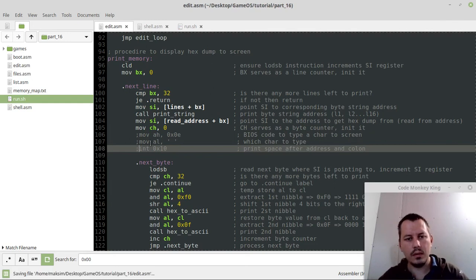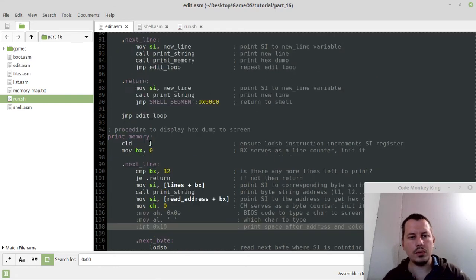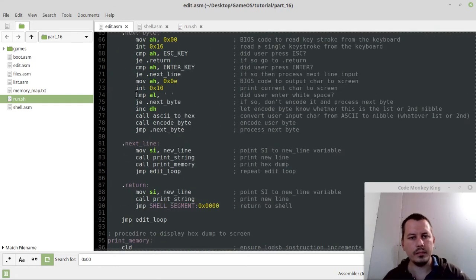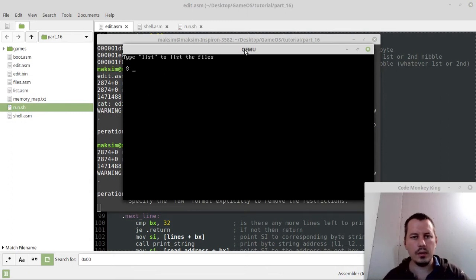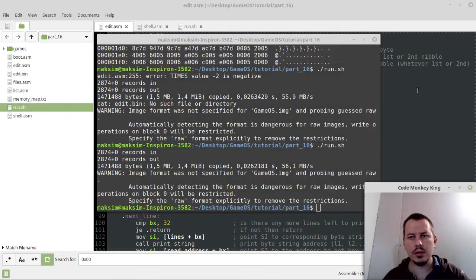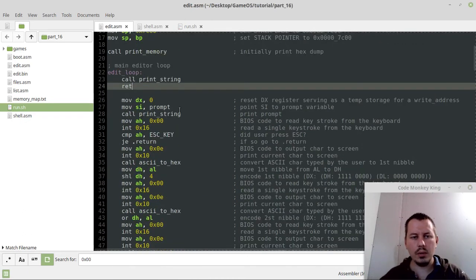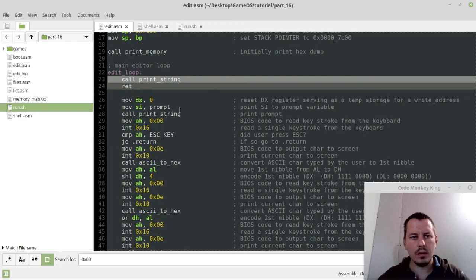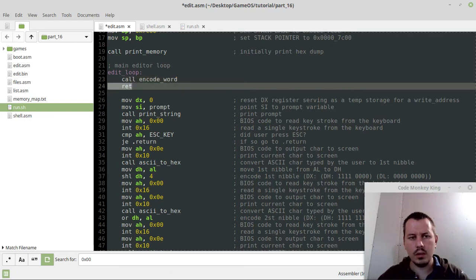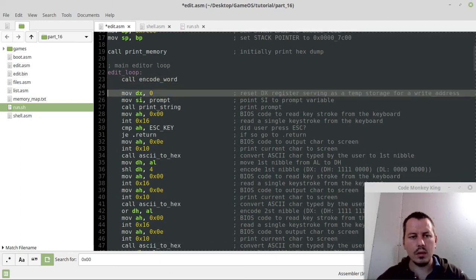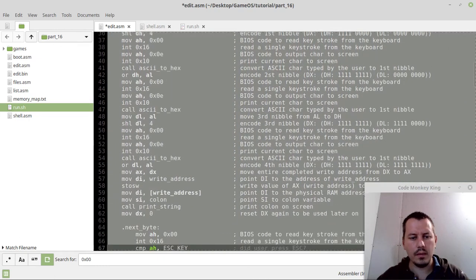Save. And also, yeah, now it should fit. Yeah, it does fit. Okay, it's not working now because, okay, but if I make, so here I want to call, let's say, encode word. Yeah. And now if I take all this stuff,